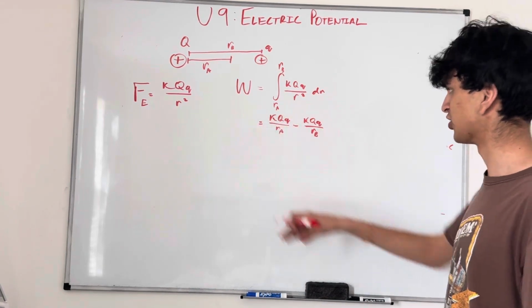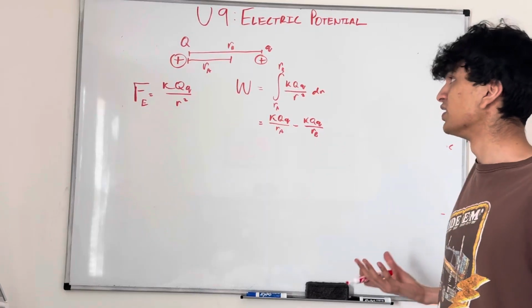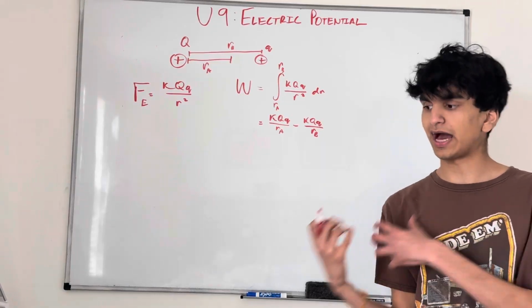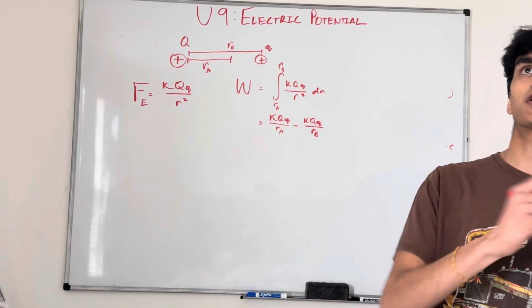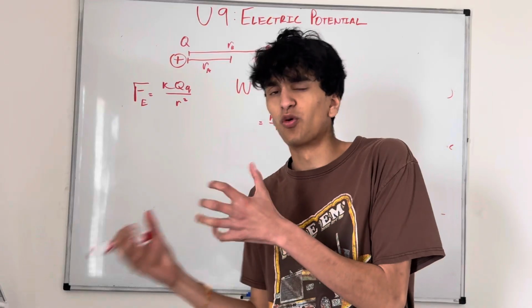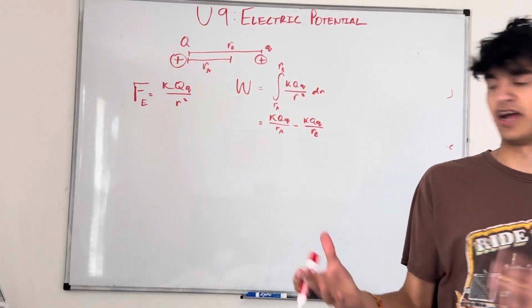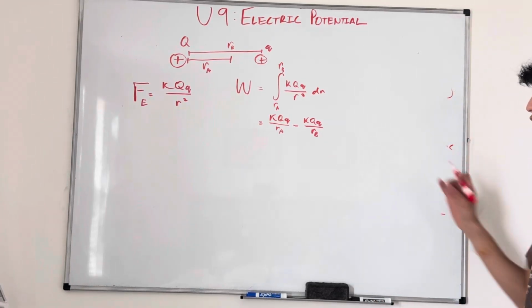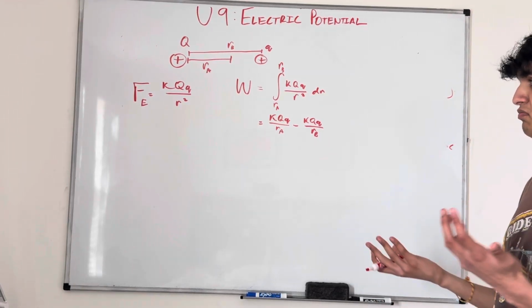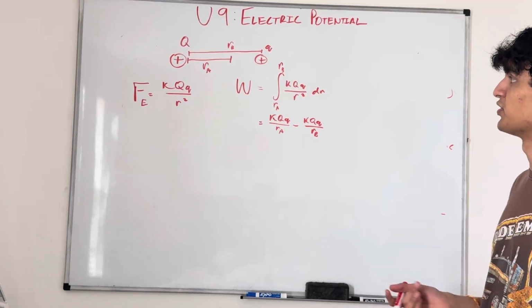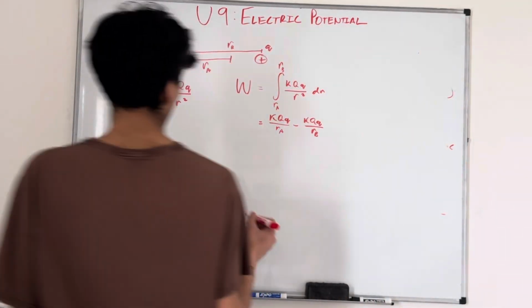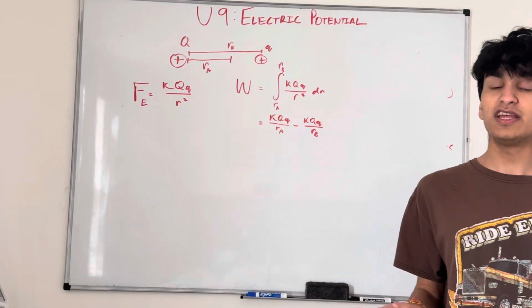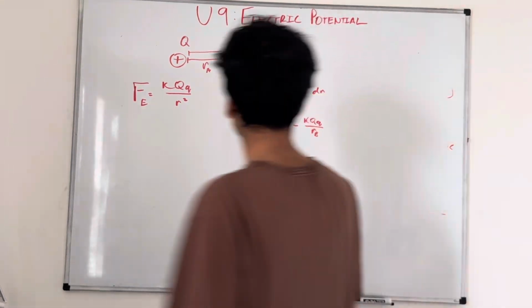If you know the charges and the initial and final distance, we can figure out how much work was done on that charge, and whatever that work was, it got added to kinetic energy. The work was the change in kinetic energy, so you can equate this to 1/2 mv squared and solve for speed or whatever. But another interesting thing is that we know the electrostatic force is a conservative force. And what a conservative force means is, regardless of the path,